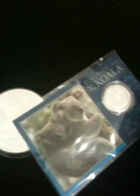Let's see if I can get this at 10 cents. Let's see if I can get this. Very pretty. Of course, the koala, a unique creature to Australia, and another nice coin to add to the bullion